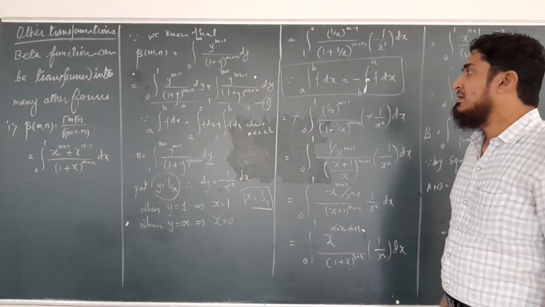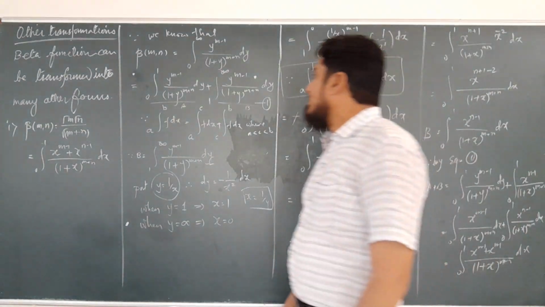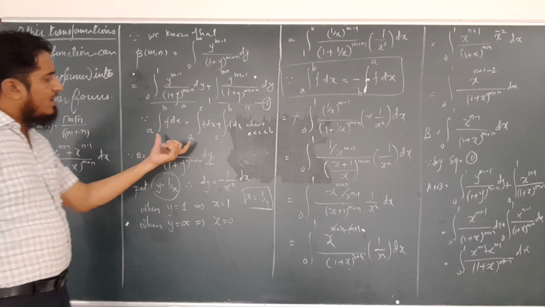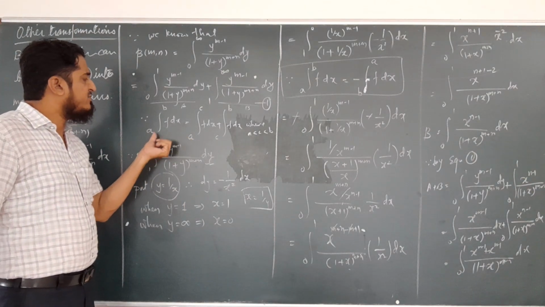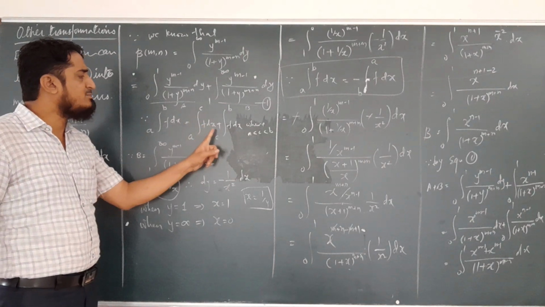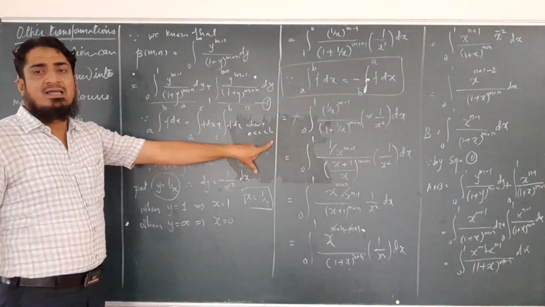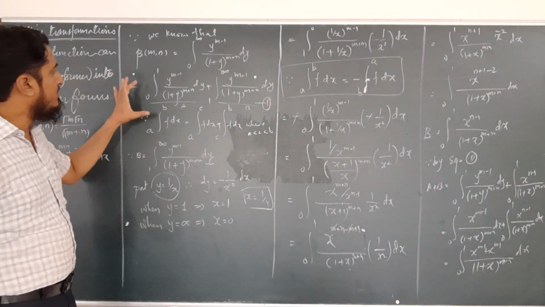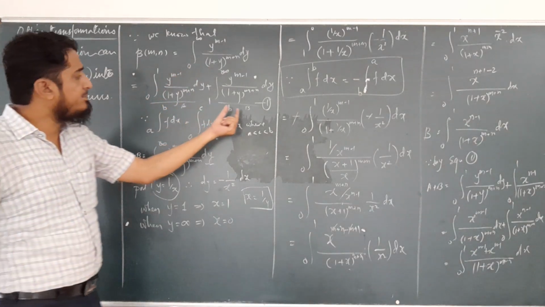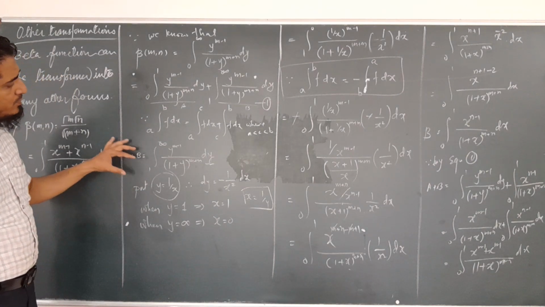We are not changing the expression of the integral, and we have the property of integration from a to b f dx is equal to integration from a to c f dx plus c to b f dx, where a is less than c less than b. So we broke this integral into two parts, and we consider part b as our new expression to solve,